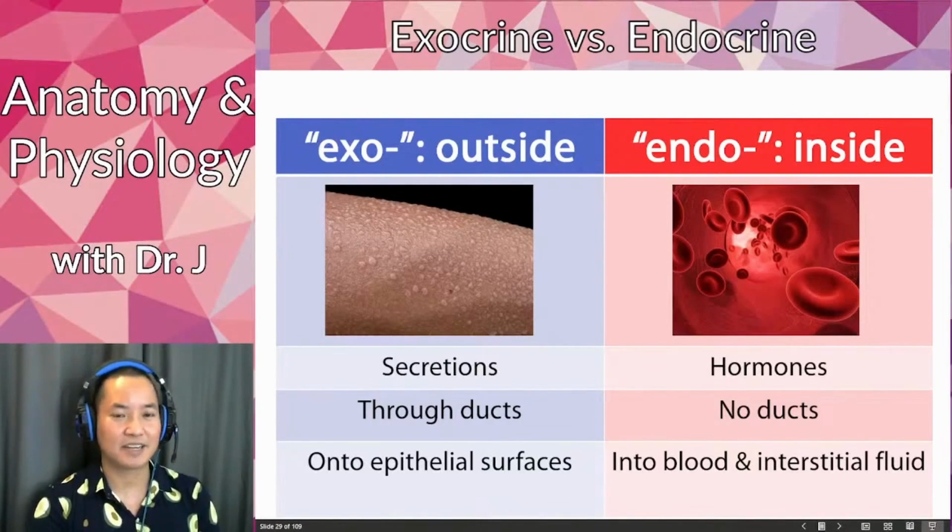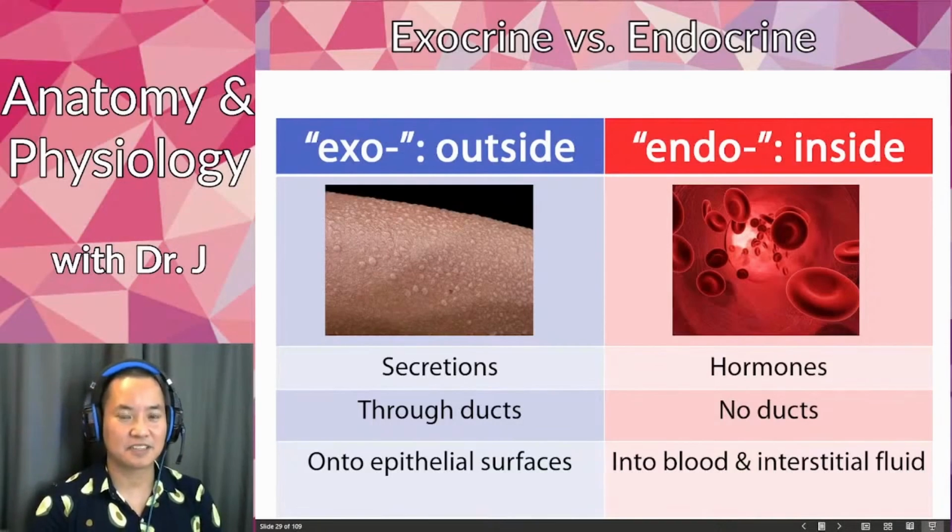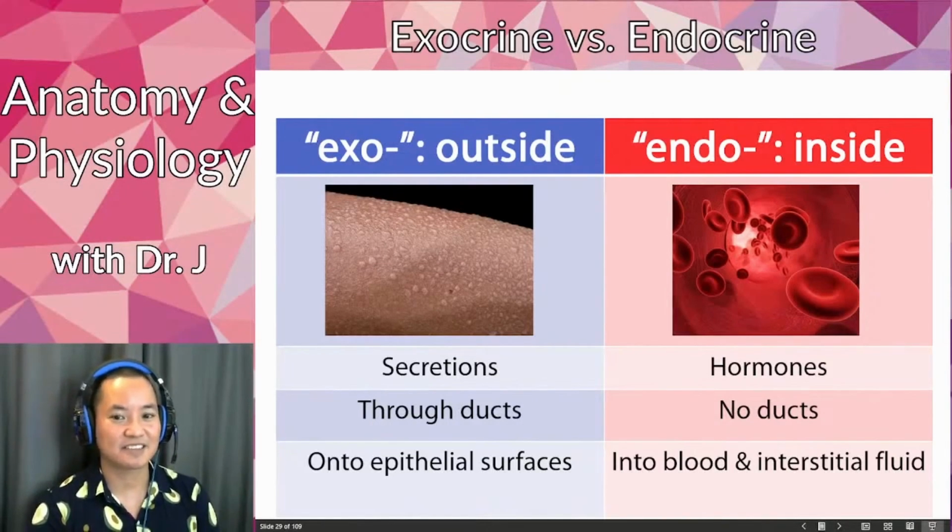When you see the term exo, think of how insects have an exoskeleton. Their skeleton isn't on the inside of their body, it's on the outside. So exocrine means you're secreting something onto some sort of surface that's external to our body, for example the sweat you see here. Whereas with endocrine, you're secreting toward the inside of your body. You have epithelia or some sort of cells or glands, but they're secreting into inner environments like your bloodstream.